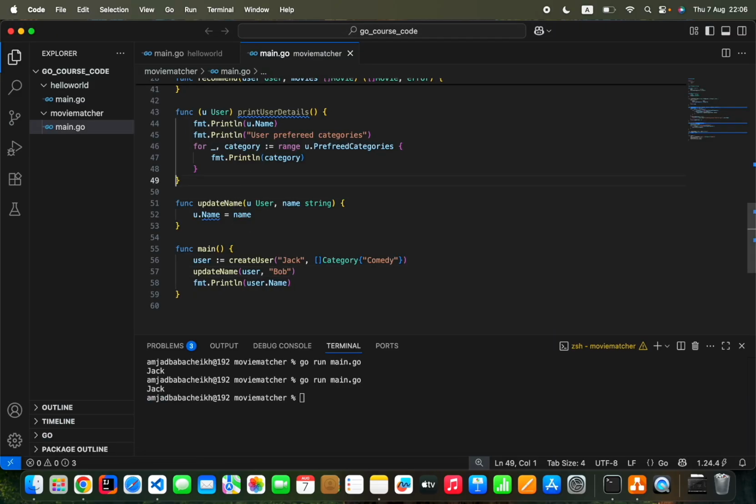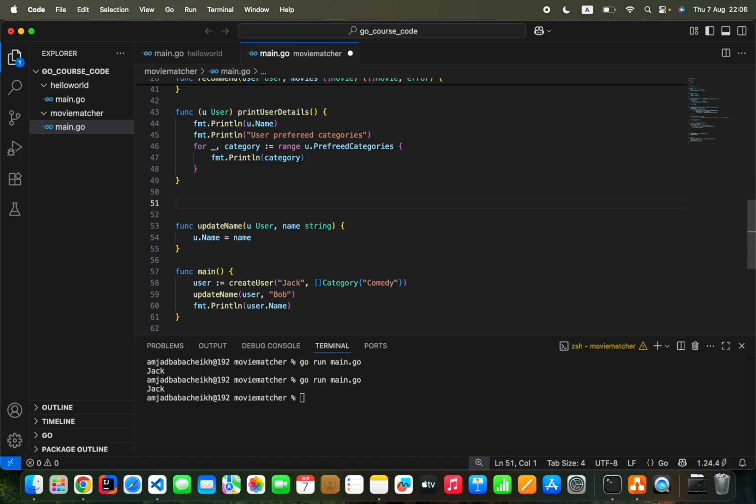So I will do it as a comment. When we use an ampersand before a variable, we get the address of that variable,